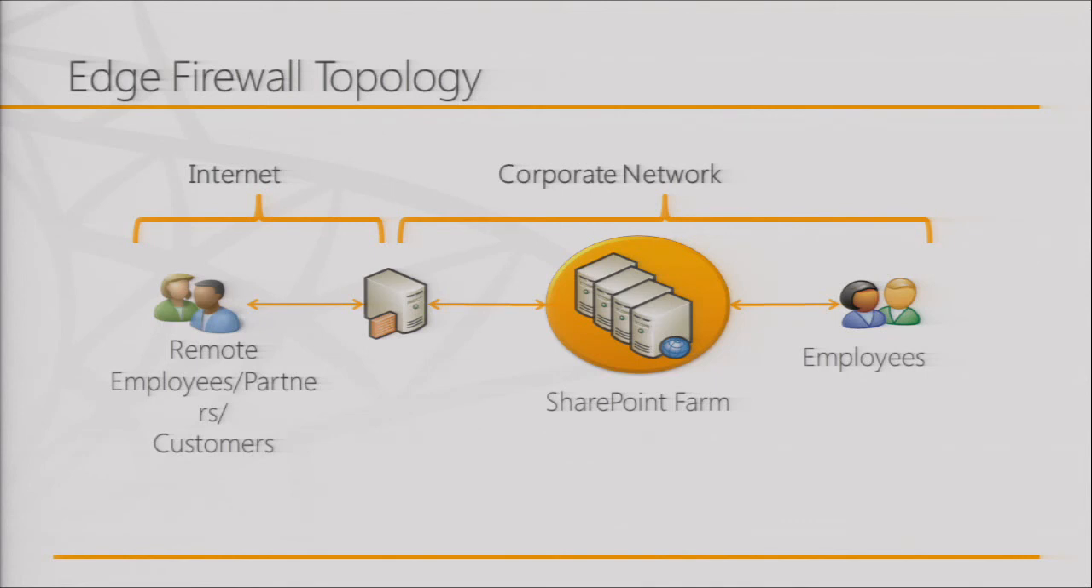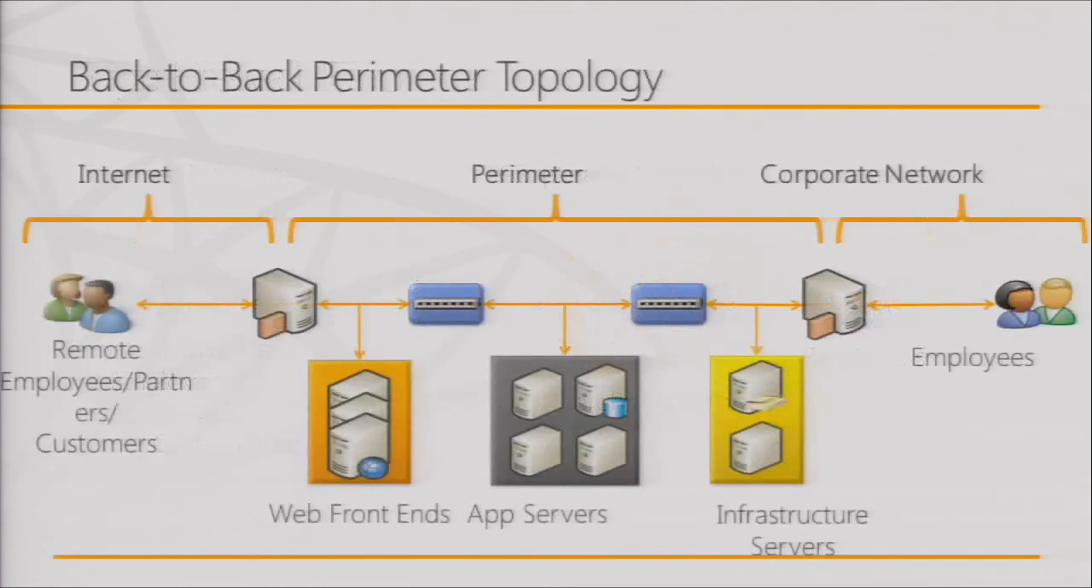Once again, you just need to make sure that your compliance, legal, security guys, all those guys are okay with it. The next one, this is the one that's a little more common. This is what I would call a configuration level architecture. So it's what we call back-to-back perimeter. This is your standard DMZ style of